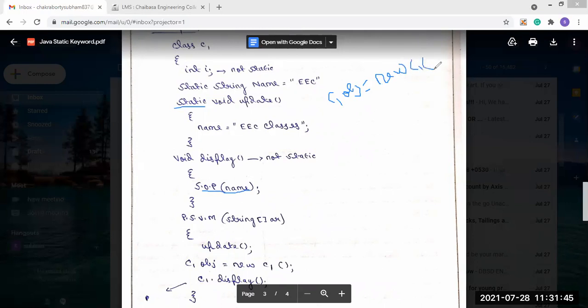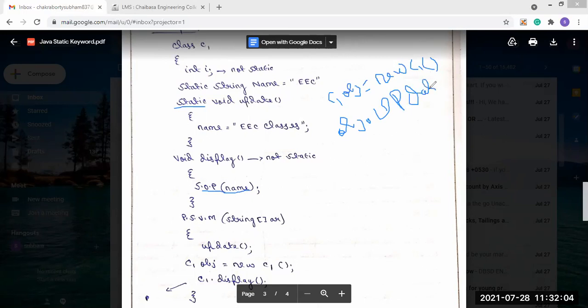We have to create an object, and through this object we have to call this update method.